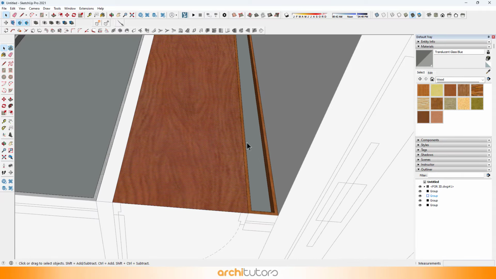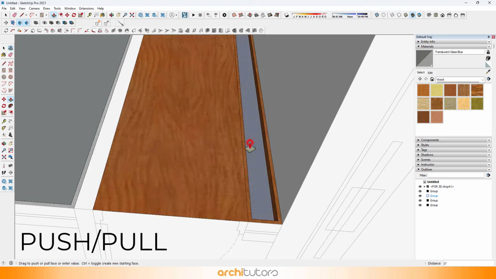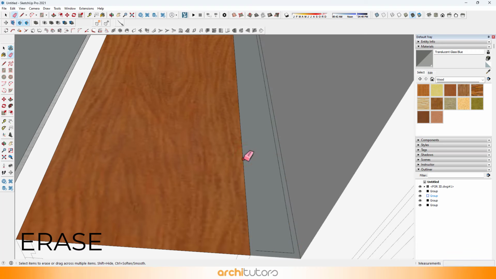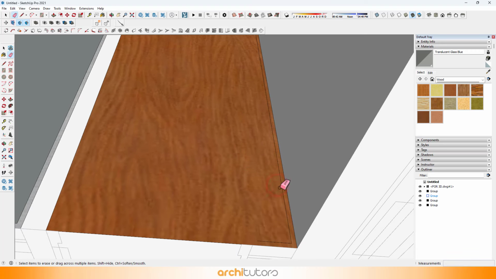First I want to change that wooden door into a glass window. Remove extra edges.